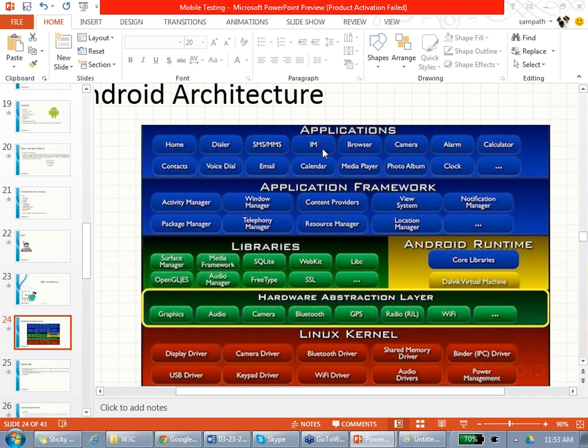So Android applications will be made using Java, but they will run on the Dalvik virtual machine. They use the core libraries and they will run on the Dalvik virtual machine, and they come here. Is everyone clear about this one? Can everyone speak about the Dalvik virtual machine tomorrow? Yes. That's what I want.